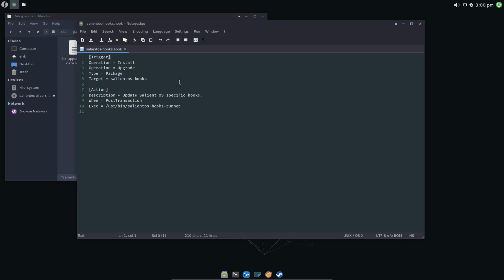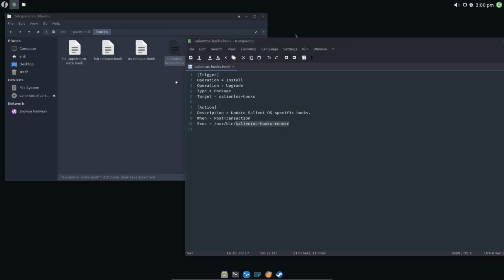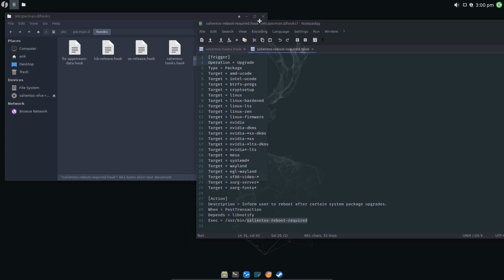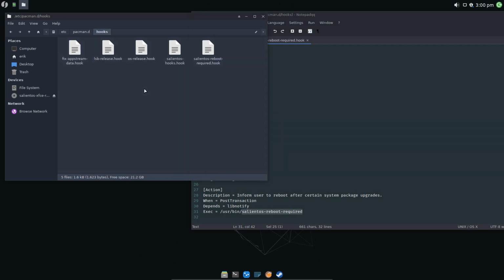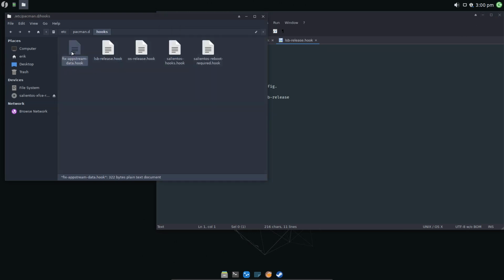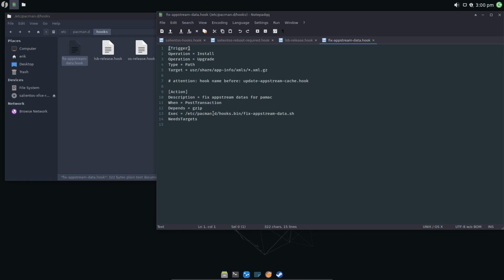Okay, I agree. Notepad QQ is opened here. And we're running another application. Reboot required. Yeah, so if you install packages like this one, that one, and that one, it's going to say reboot required. So it's going to launch another script saying, hey, it's time for you to actually do something and reboot because of the packages that are so important. And that's a fix for